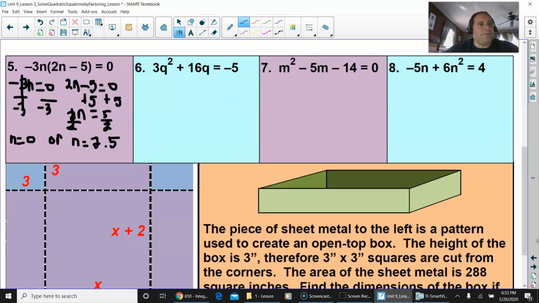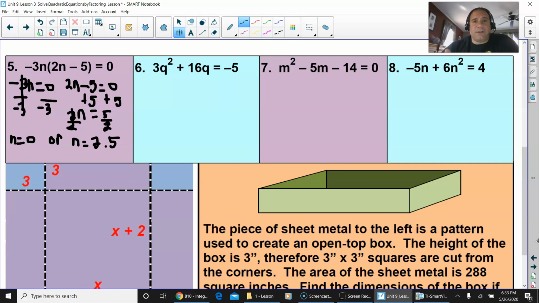Okay, so we have negative 3n. Hopefully you did get this. Negative 3n times 2n minus 5 equals 0. You take the negative 3n and make it equal to 0. Then you take the 2n minus 5, make it equal to 0. Solve each one, and you have